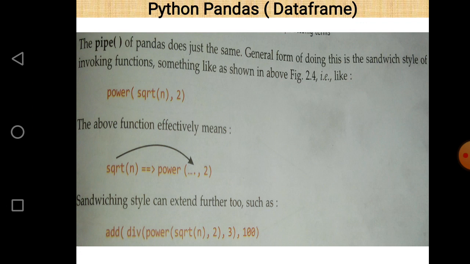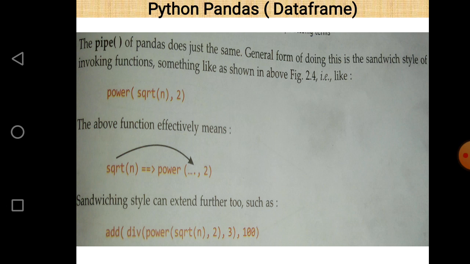This is the explanation of the previous example, power(sqrt(n), 2). First of all, the square root of n is calculated, and the output of sqrt(n) becomes the input of the power function, and after that there is a power of 2.